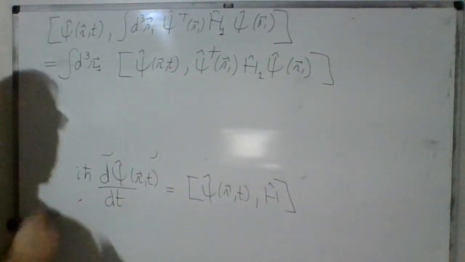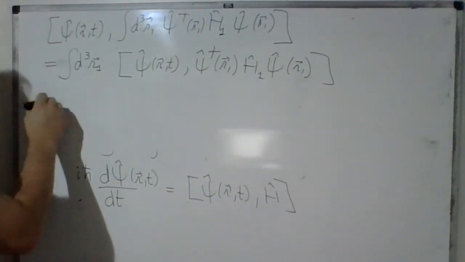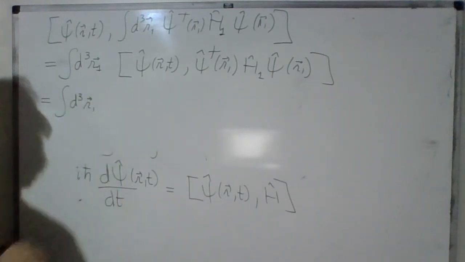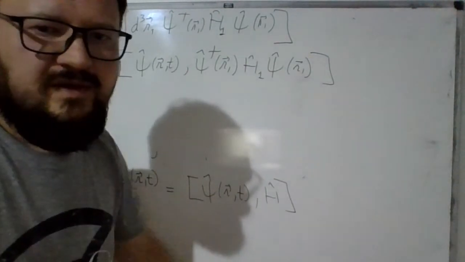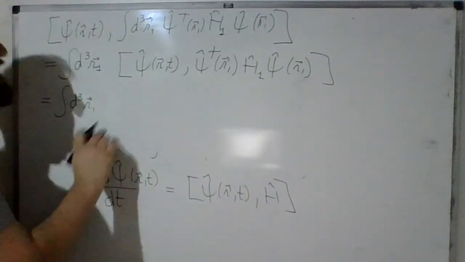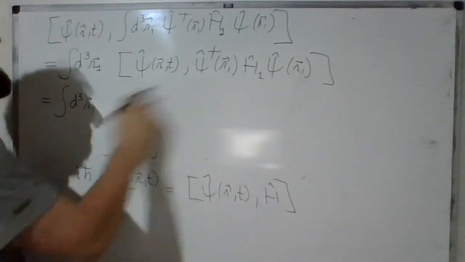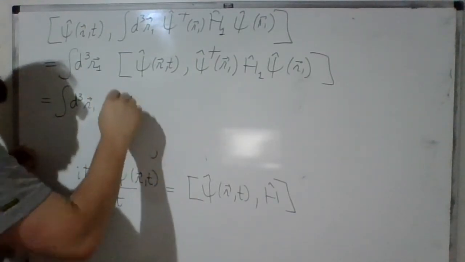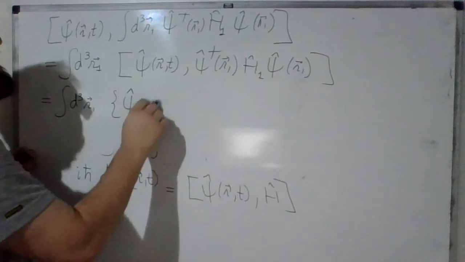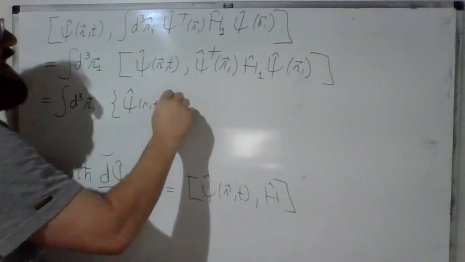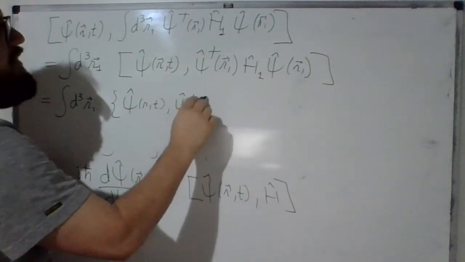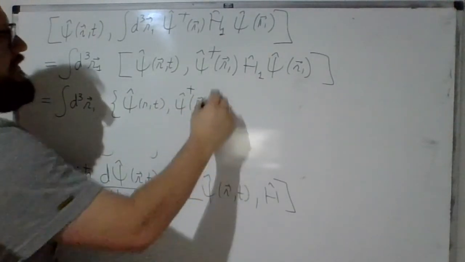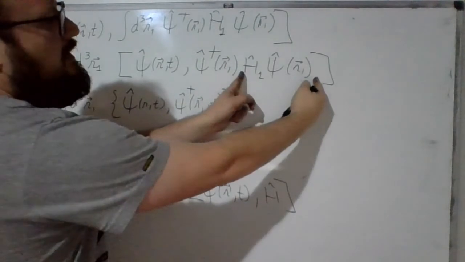And now I can use the following rule. Suppose I have fermions. So for fermions, what I need to do is anti-commute a psi of R and T with psi dagger of R1 and T, and this is an object